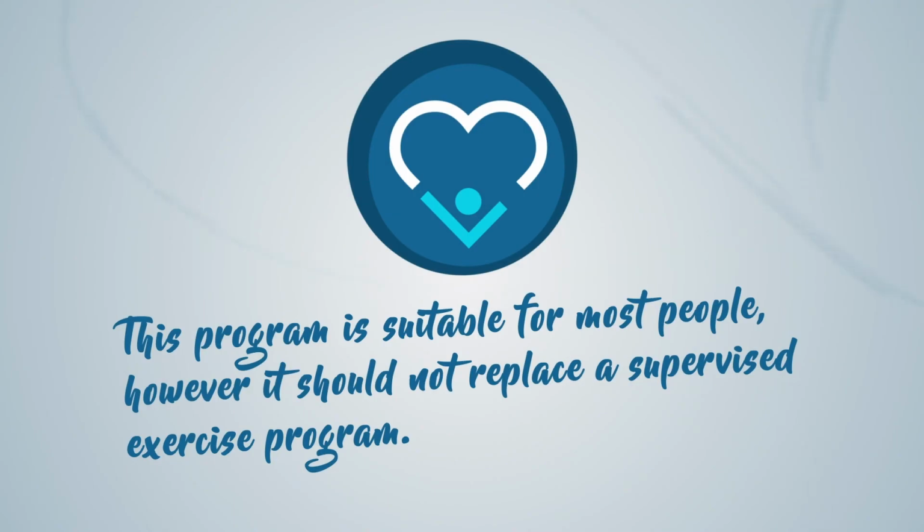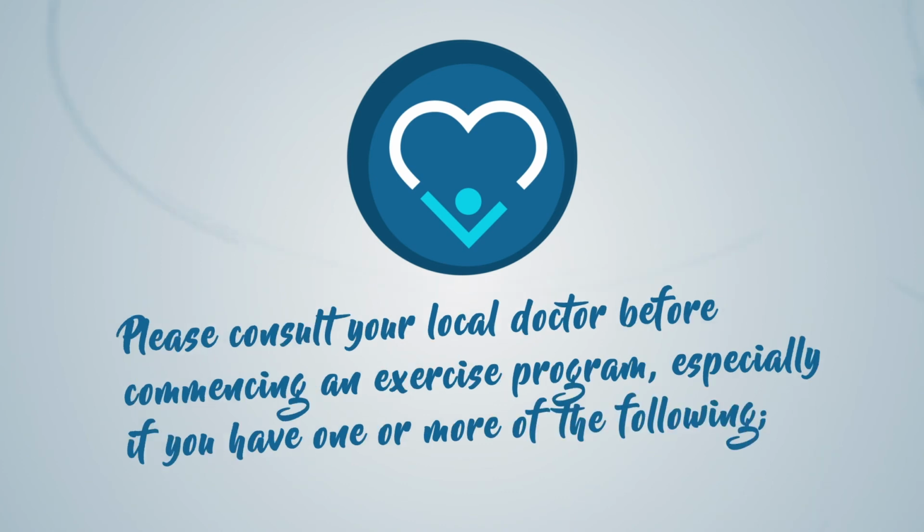This program is suitable for most people. However, it should not replace a supervised exercise program. Please consult your local doctor before commencing an exercise program, especially if you have one or more of the following: